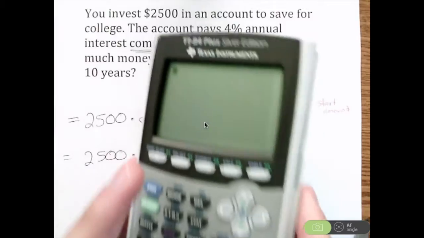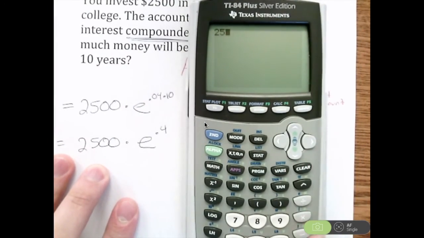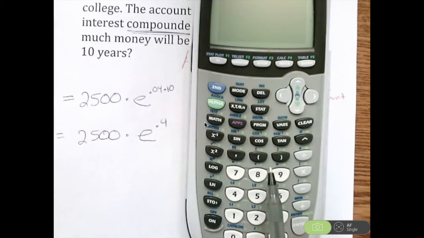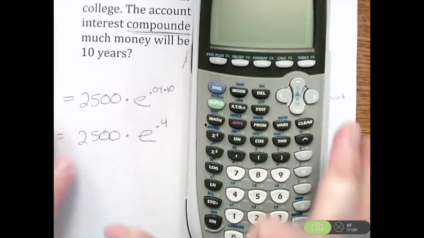So going to my calculator, we're going to type in that 2,500. The e part is a little bit difficult to find. It's actually near the numbers if you look. It's hard to see on camera, but it's by the 7 and the 4. You're going to see it in the blue writing on my calculator. It says e to the x there. So since I want e to an exponent, I need that. If I want the blue text there, I'm going to hit the second button, hit this button, and you'll notice I get